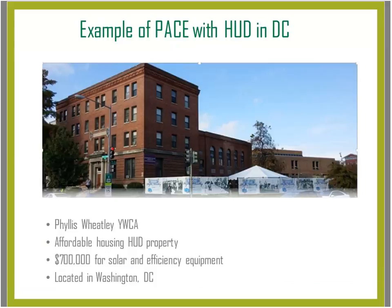Another project, which is really interesting because it was PACE working with HUD, is the Phyllis Wheatley YWCA $700,000 solar and energy efficiency project. And what's unique about this is there were a lot of challenges allowing HUD and PACE to work together. And so this is one of the first projects to begin overcoming those challenges, to have these